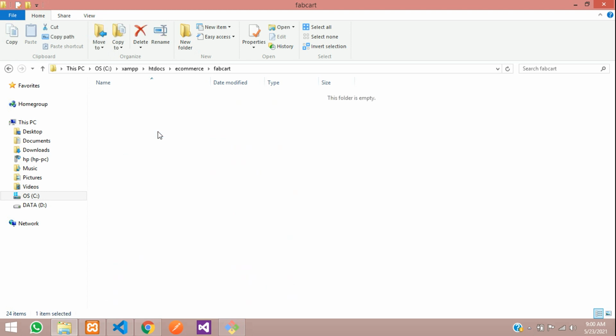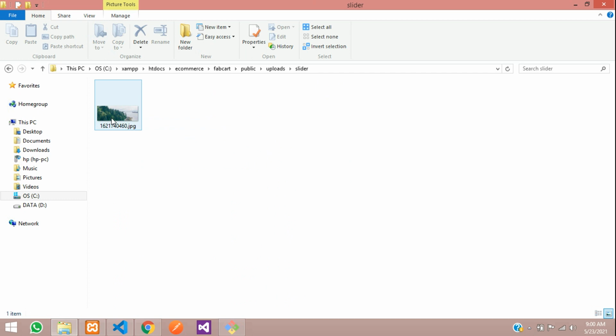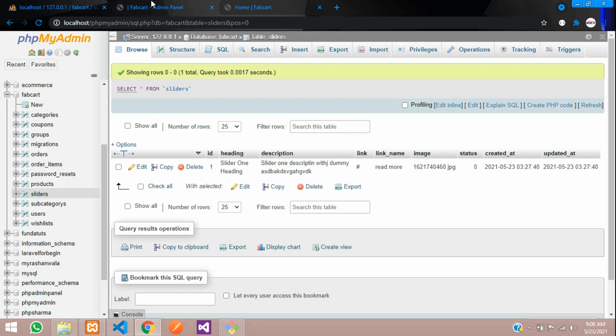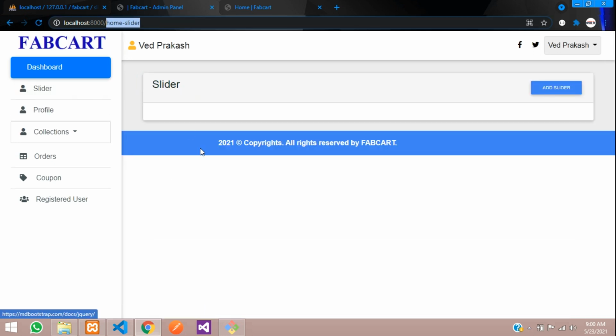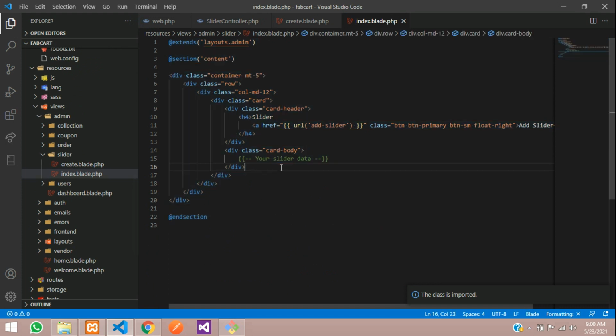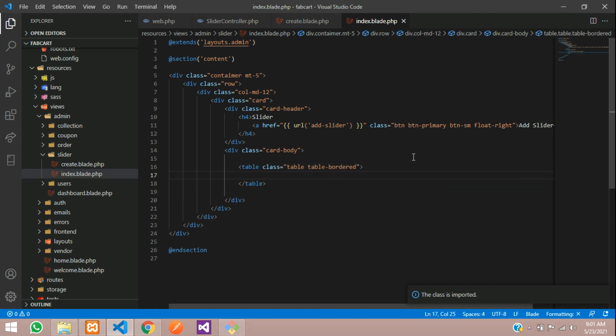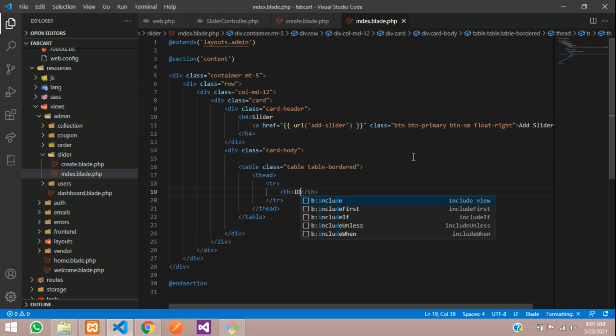So first let's go to inside our public folder, uploads, and in the slider you can find this image. Perfect. So guys, now let's try to access this on your main page. Okay, so this slider. So let's create a simple table and access that details. So this is your slider data, and inside this table bordered, table row, table heading, ID,